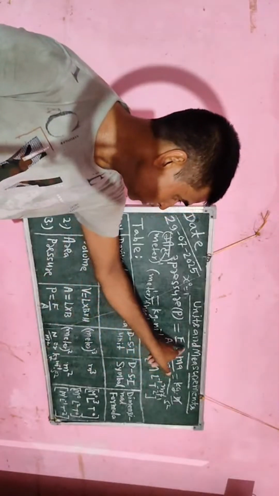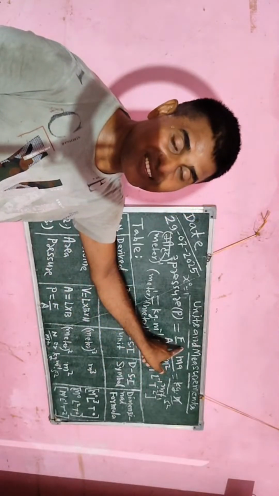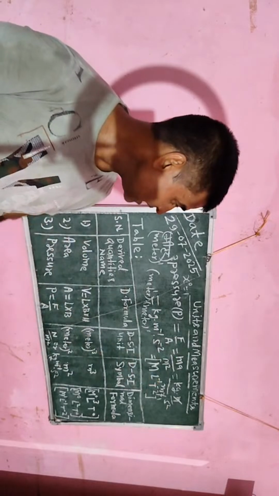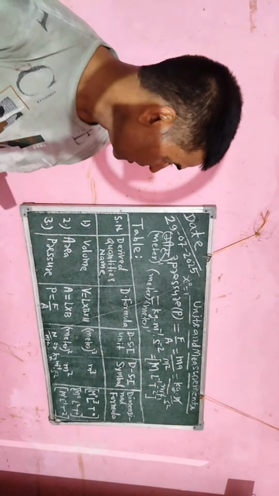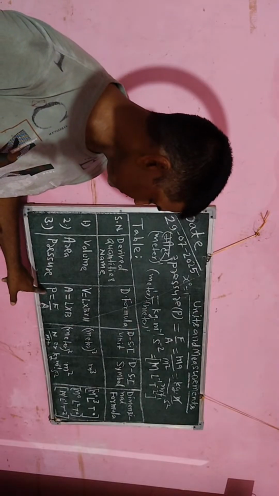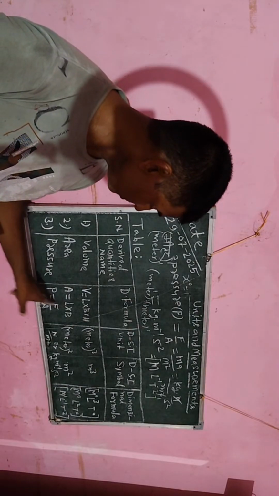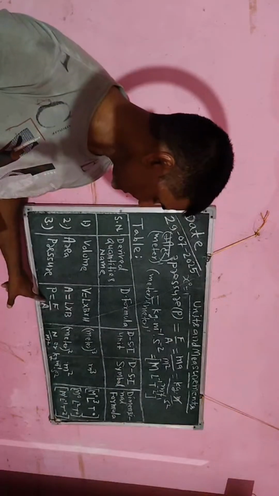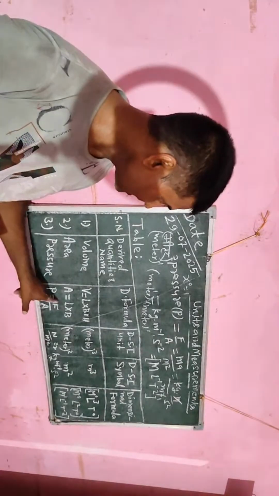Its unit will be Newton, and it is also written as kg meter power -1 and second power -2. तो इस तरीके से हम रिप्रेजेंट कर सकते हैं, हम दर्शा सकते हैं कि प्रेशर P बराबर होता है F बटे A। F जो होता है बल रिप्रेजेंट करता है, A जो होता है एरिया को रिप्रेजेंट करता है।